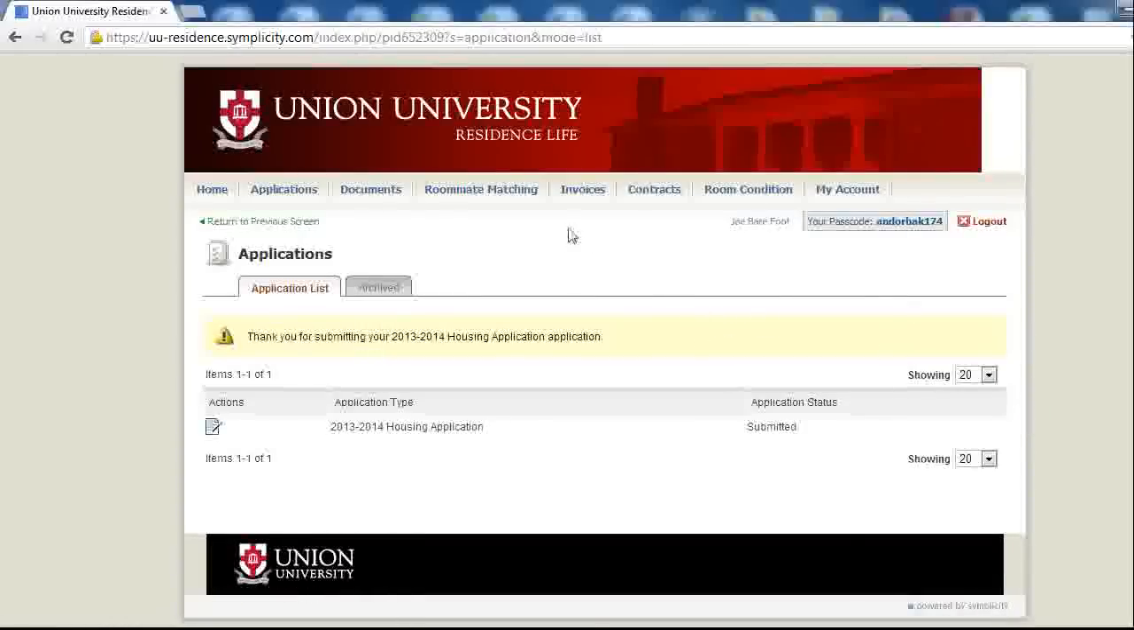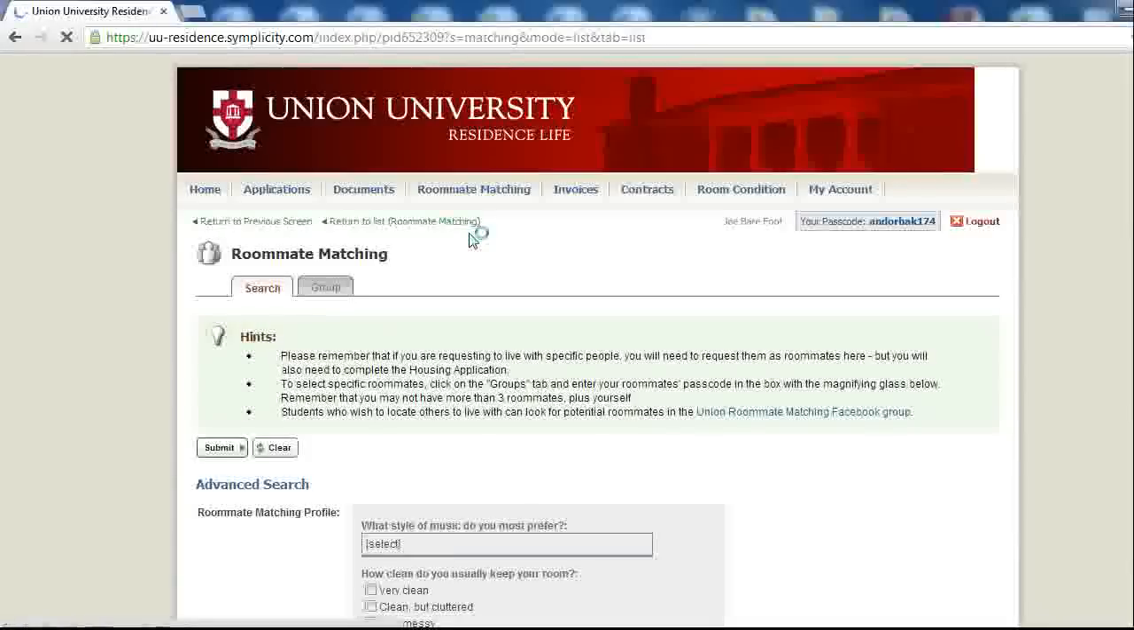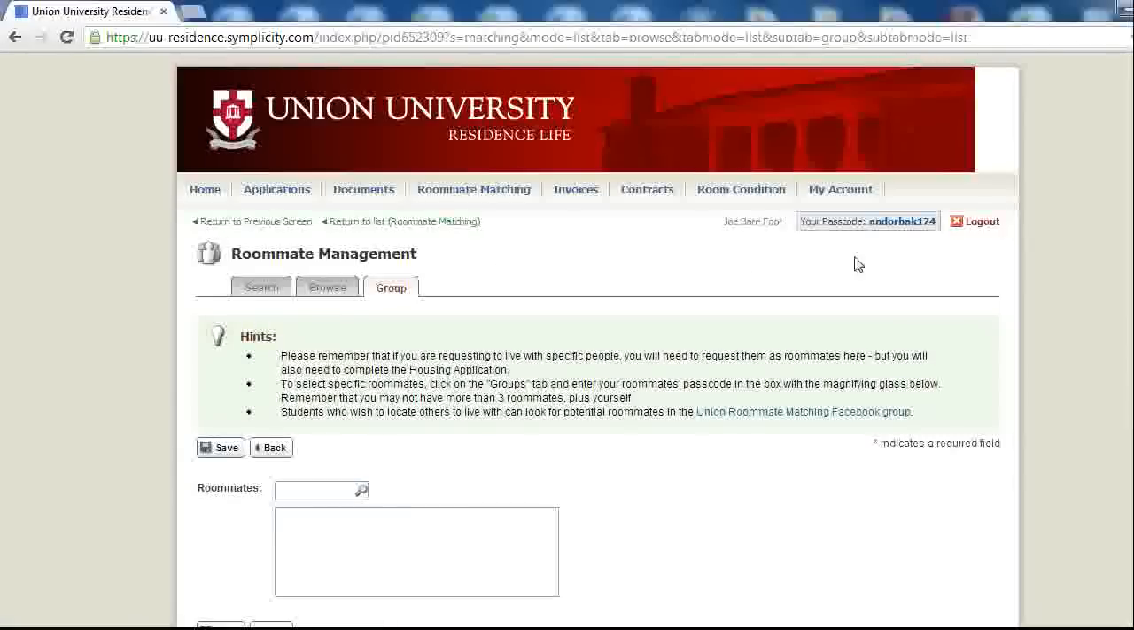Now, to request roommates, you'll click on the Roommate Matching tab at the top and go to Group to make your roommate group. And you'll notice on the top right of every page is this passcode here. That's a unique passcode to you. And what you'll need to do is after all of your roommates have submitted that application, they will need to give you their passcode in order to group it together. So you will enter their passcode